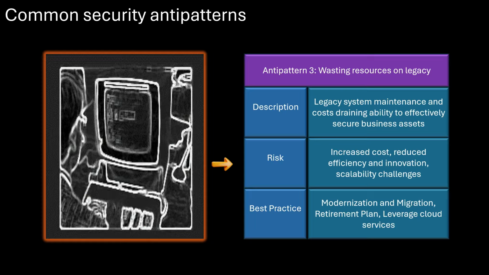Legacy systems may not scale effectively to meet the growing demands of the business, which leads to performance bottlenecks and service disruptions. As a cybersecurity architect, you become an advisor to initiate modernization and migration efforts for the organization to the cloud, so that cloud-native controls can be effectively used for the workload. If maintaining a legacy system is unavoidable in the short term, then you implement enhanced security measures. This includes regular security assessments, patch management, and using security tools that can integrate with older systems. But this is a costly affair.